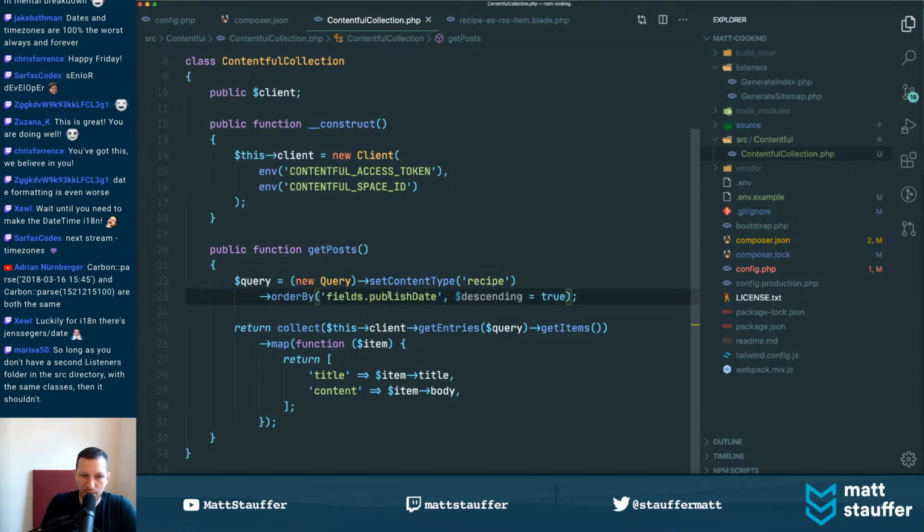And it says order by the publish date, which we don't actually have. So I'm curious whether publish date is a magical Contentful thing or not, descending. And then for each of the entries it returns, we're going to map it, and we're going to get the title and the content, which is good. So in theory, if I get these two environment keys set up correctly, we're going to be good to go, in theory. So let me get those as fast as I can, because I have a hard stop, and I would really,